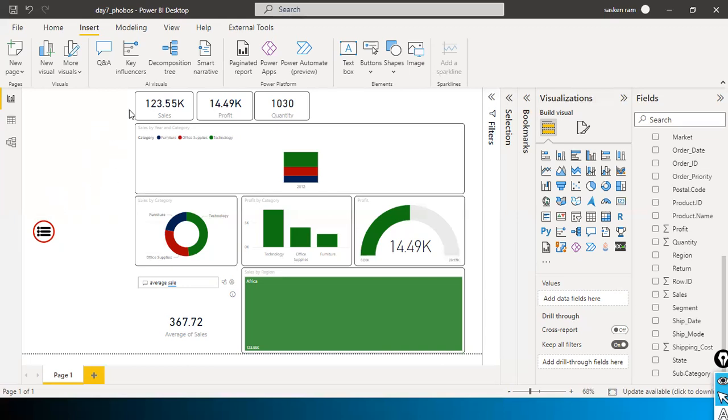Within the slicer panel, you learned what Z order is, right? So how we can bring it forward, move it backward, right? All those things you learned. And here I also showed you how we can create a button or an image. When you click on this image, how the slicer panel can be displayed, right? When you click on the left arrow, how you can hide all those things, we have seen it. Hope it is pretty much clear for you, right? So in a real-time scenario, you can leverage this feature. Okay, and fine. So I'm going to